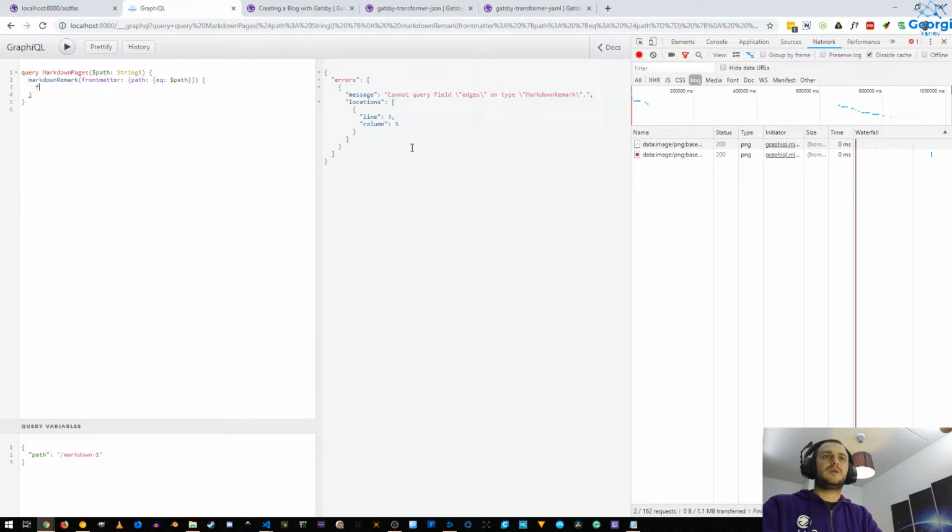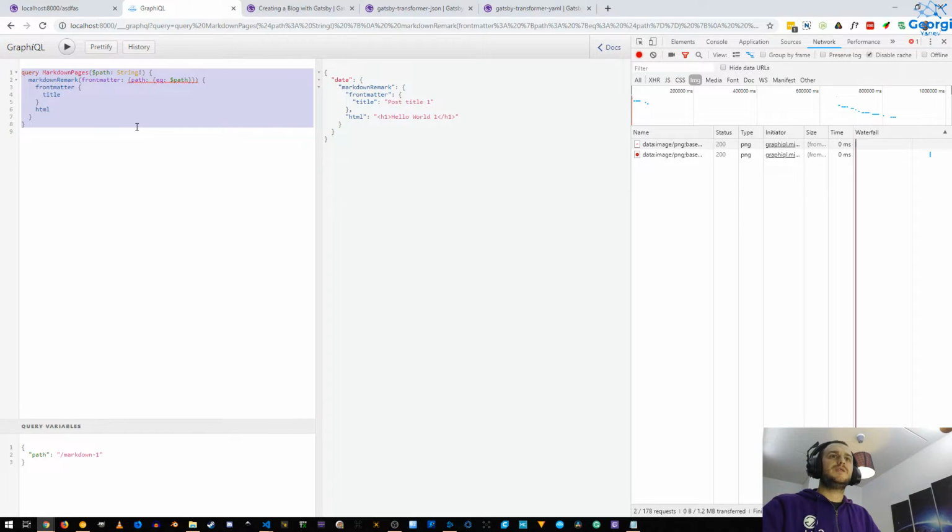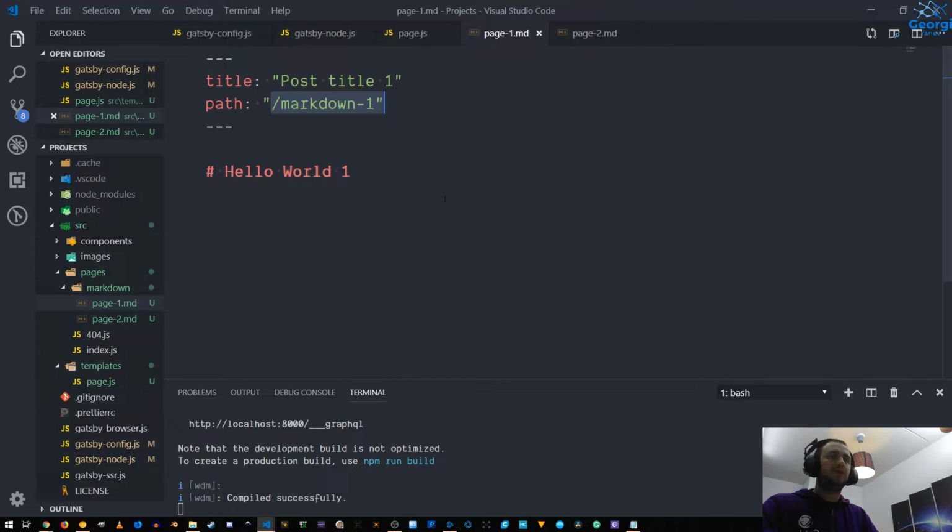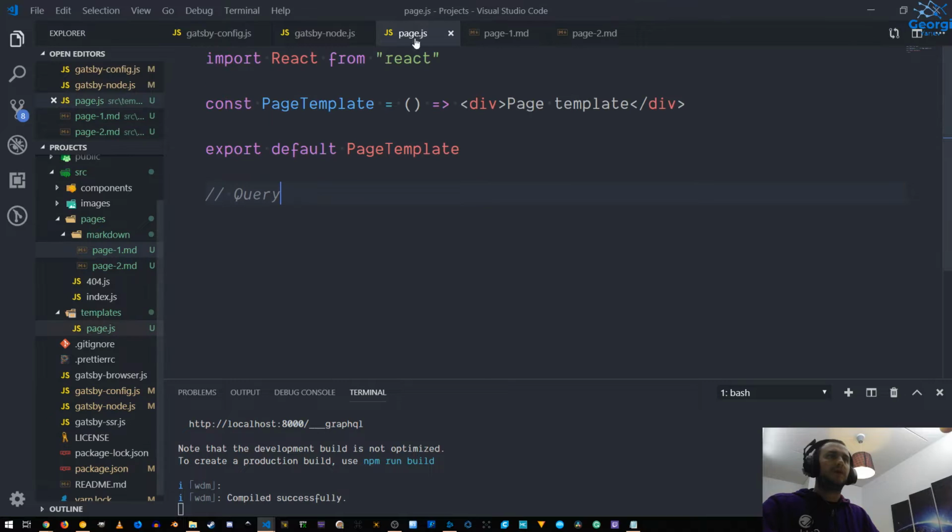We're gonna just grab the front matter, and from the front matter we're gonna get the title. And additionally, from outside of the front matter, we can get the HTML of the page. Cool. That's it. That works. And this prototyped query here that matches a particular path is what we're gonna use now in our template,